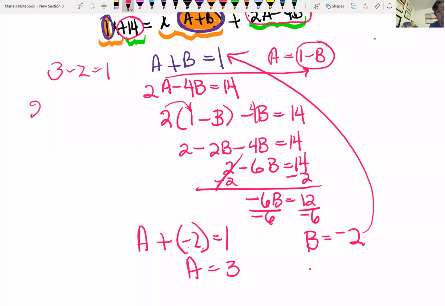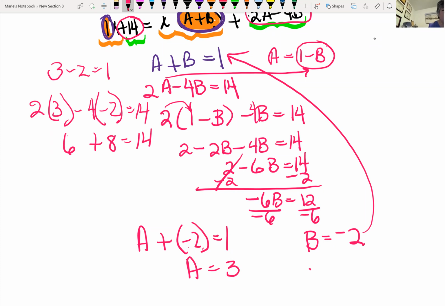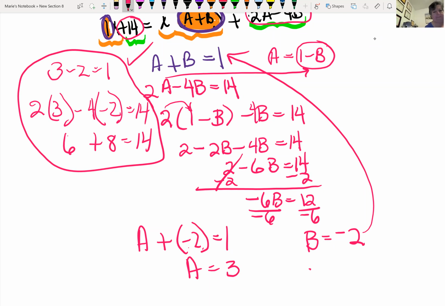If I check it out, then 2 times 3 minus 4 times negative 2 should equal 14. Let's see if that is true. In this case, you get 6 plus 8 is 14. So we checked it out. It checks out. Now we're not done. That's not the answer. We now have to go back